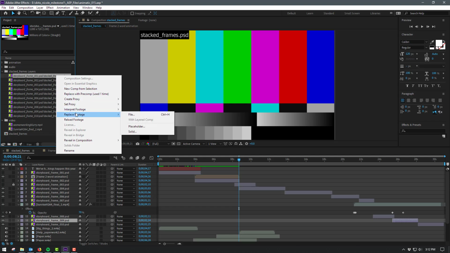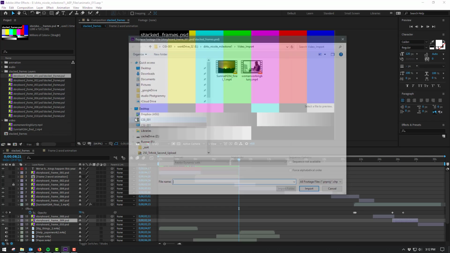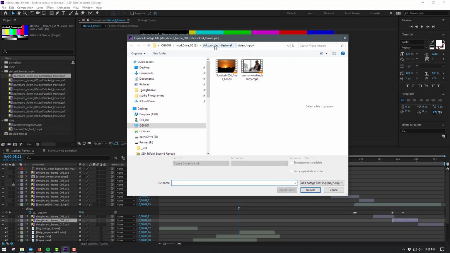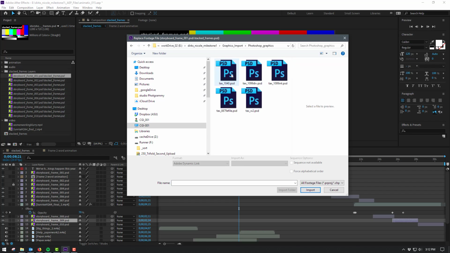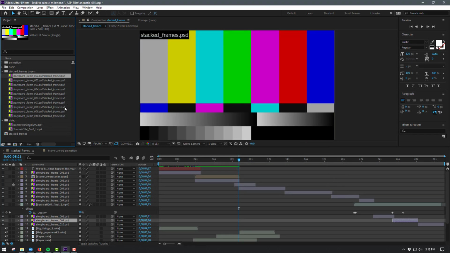Normally I would be able to go replace footage, file, and then we happen to be in the video import. I'm assuming this would be in the graphics import. You've nicely labeled these in an organized way, but I don't see that storyboard frame or stacked PSD file. So I can't fix this problem, and I'll have to just move on to the direct problem that you're asking